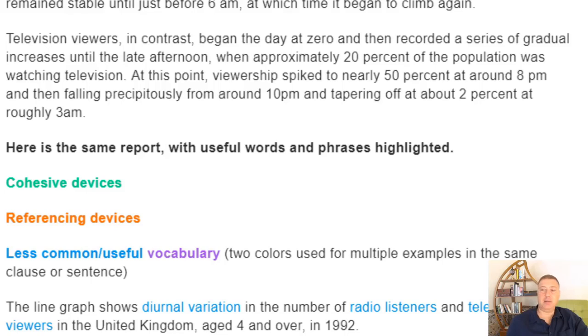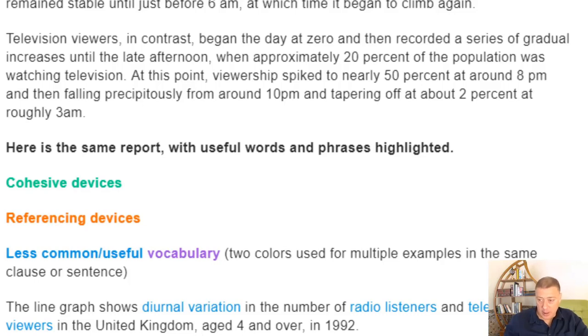So again, 5 there, 4, 5, 6, depending on how you count them, 4, 5, 6 for the other one, depending on how you count them. The total number of data that you describe is approximately equal for each question. And I think that you can see that I've described the main features of the graph and done that in